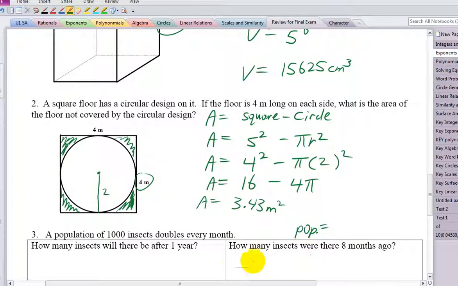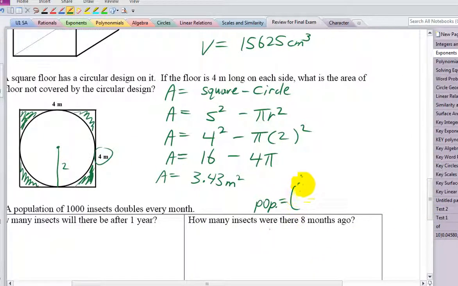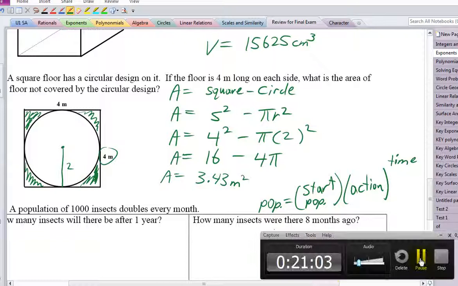Okay, for population numbers, we have a little formula. The population equals the starting population times the action, and the exponent is time, or the number of times the action occurs. So it kind of depends there. Sometimes it's a fraction. We have to be careful with that. For this question here,